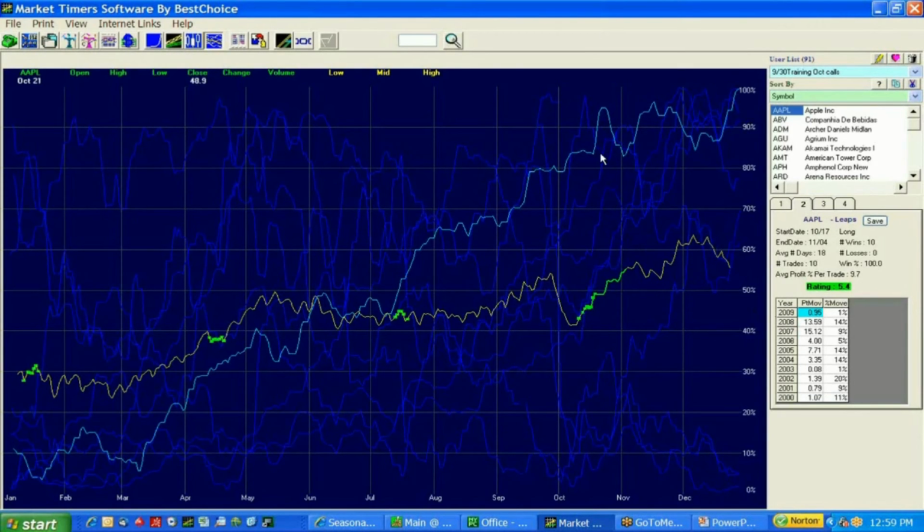And by the way, this doesn't tell me that it was a 10% move from here to here. These percentages are only based on the percentage between the annual low and the annual high. This right-hand scale, the 0% is the annual low for that year. The 100% is the annual high. That's the only way we can